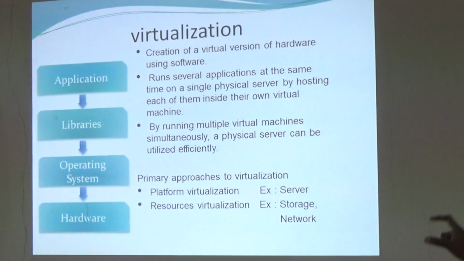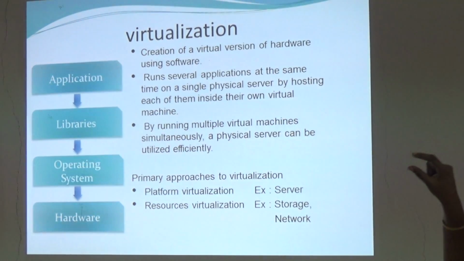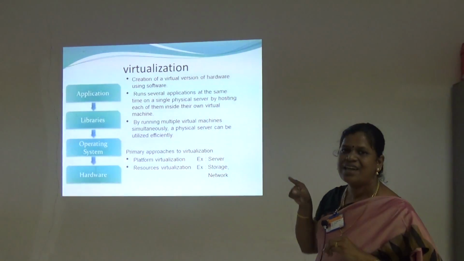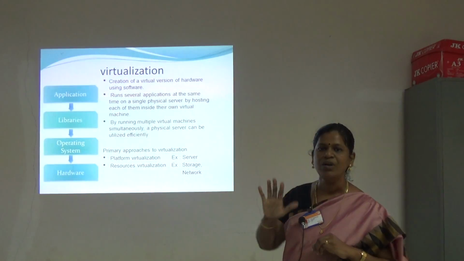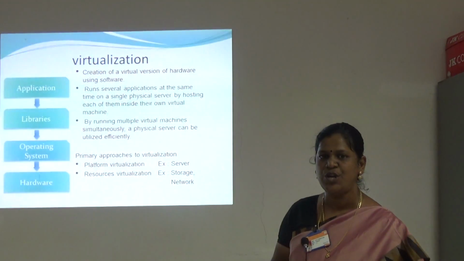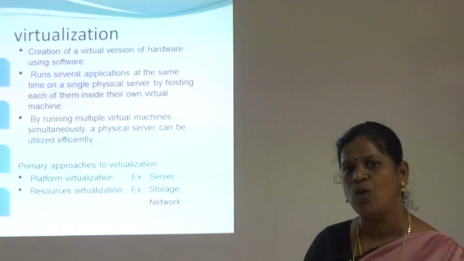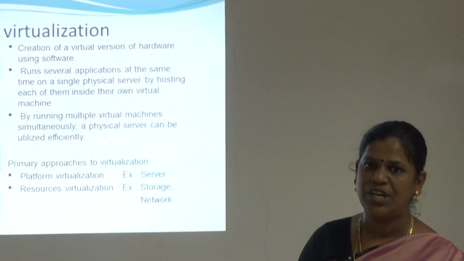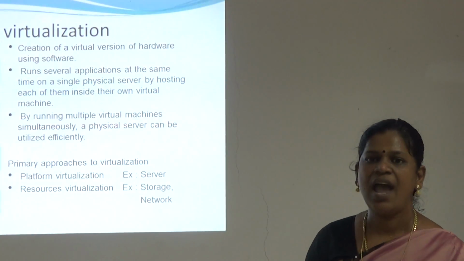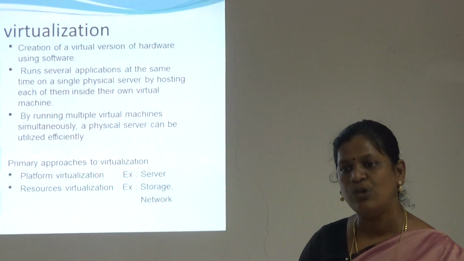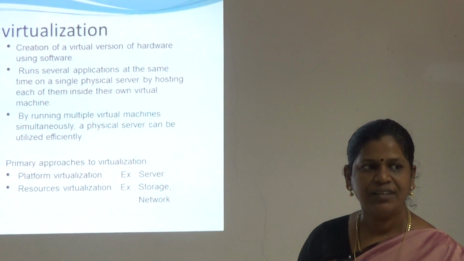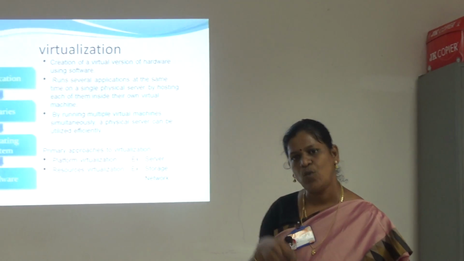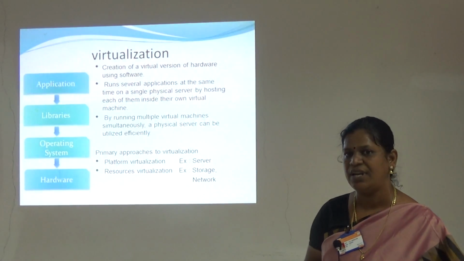The next slide shows virtualization. Here one is the application, libraries, operating system and hardware. The second layer indicates that you have a virtualization in your computer. For implementing the cloud or for taking resources from a remote system, you have a virtualization layer in your system, and for virtualization you have to use VMware software, or other internal software you can use. OpenNebula and OpenStack you can use for implementing a private cloud.